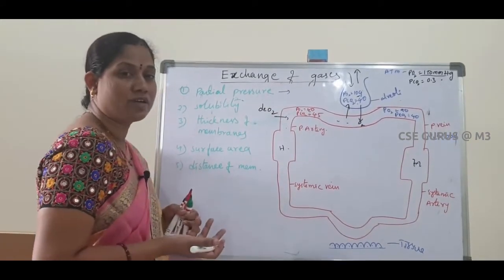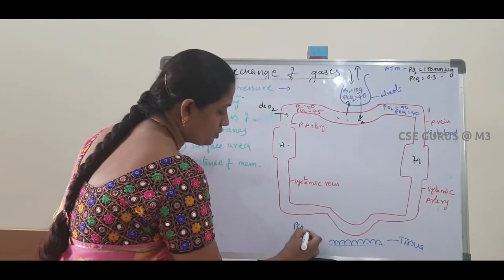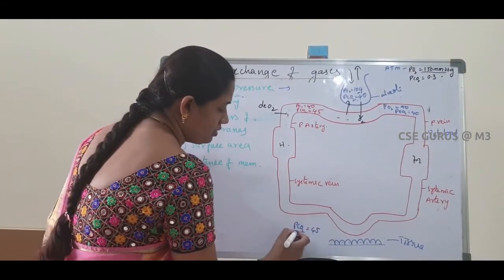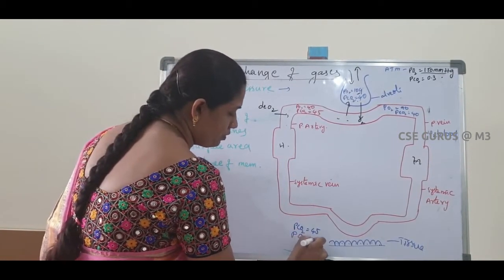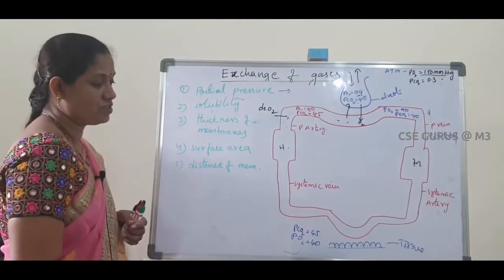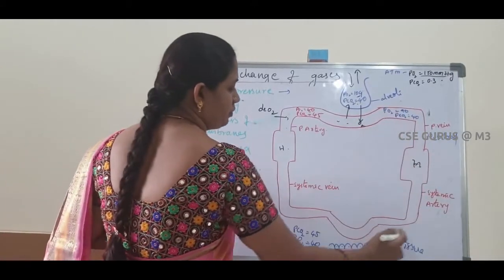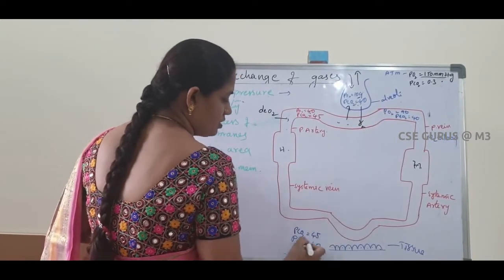More carbon dioxide is released into the tissue region, so that's why the partial pressure of carbon dioxide is high here. Next, the partial pressure of oxygen is low, 40 mmHg. In the blood, the partial pressure of oxygen is how much? 90. As it is 40 here,